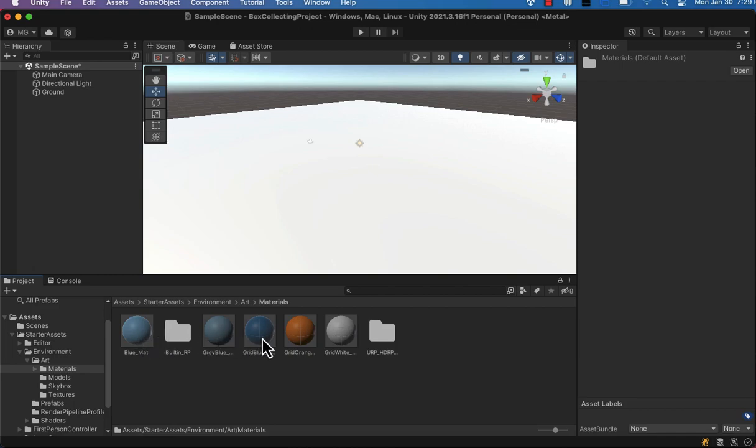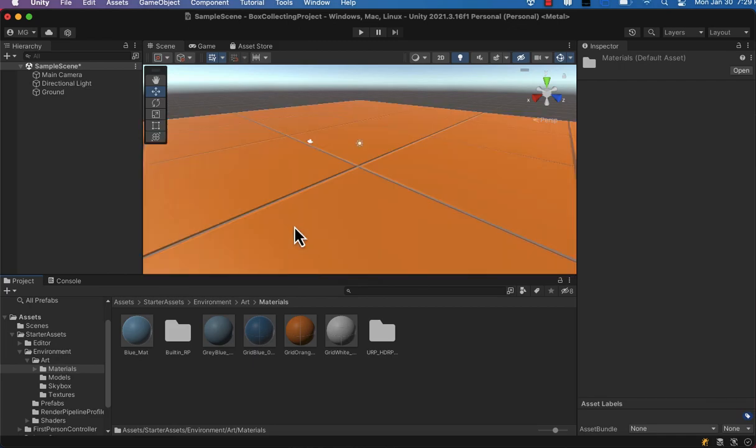As these populate, you can get a preview of what you might want to apply to the ground. And this brown one would make a good ground color for some dirt to walk around on as a player. So we'll go ahead and drag that up, and it automatically applies to the ground. And then